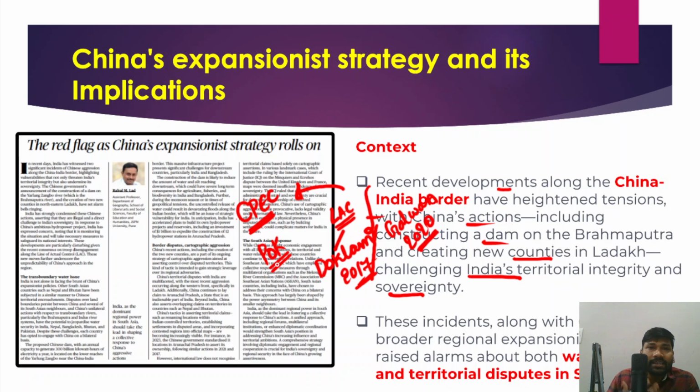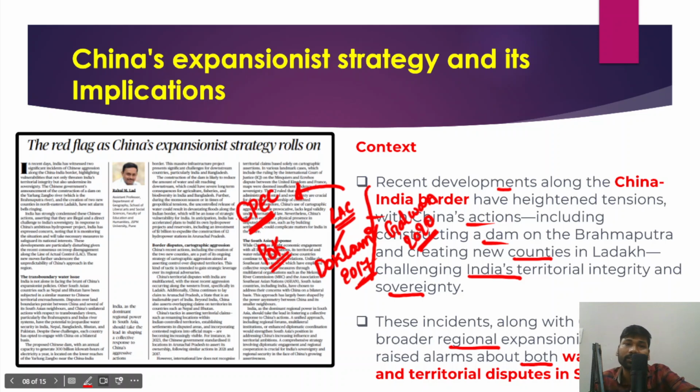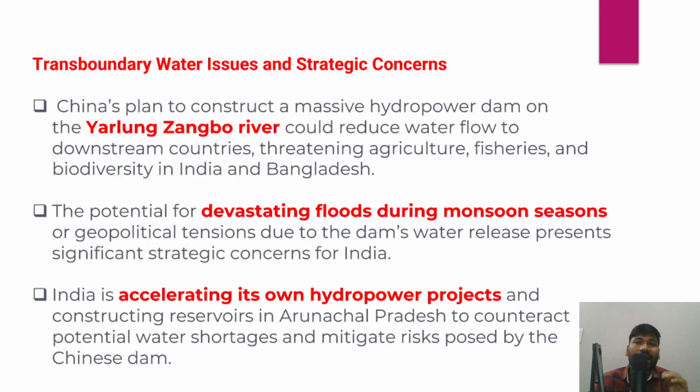In fact, these incidents at the border areas, about the Brahmaputra river and even in the Ladakh region, along with China's broader regional expansionist strategy and its more assertive stance, have raised alarms about both water security as well as territorial disputes in the South Asia region,